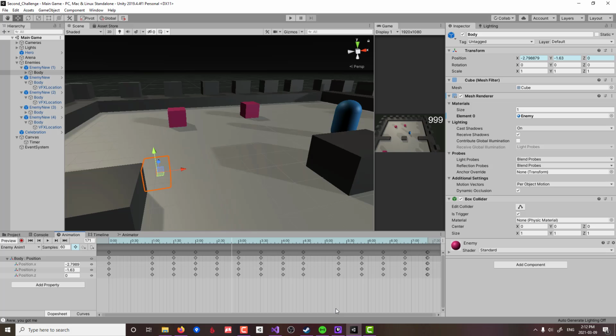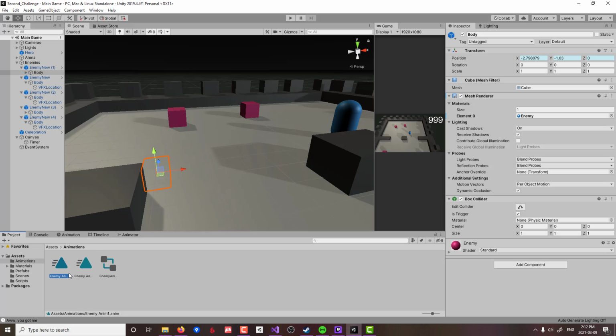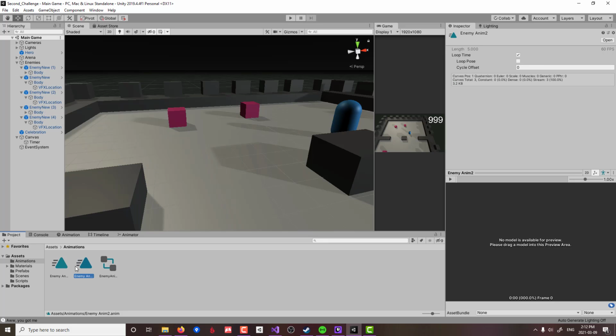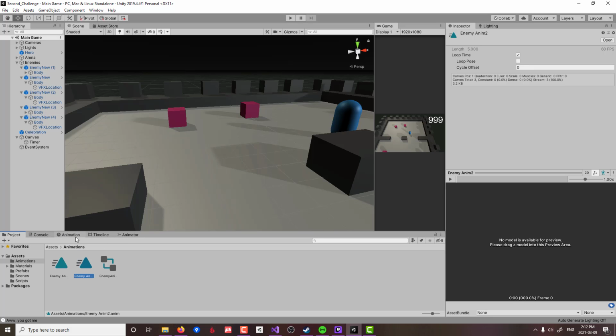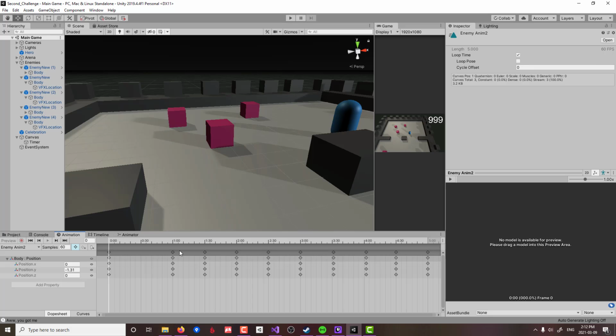Oh, and varied patterns for their dodging. Okay, so this is why, I suppose, I had the second animation here. You know what, I'm going to go on and do the timer first,